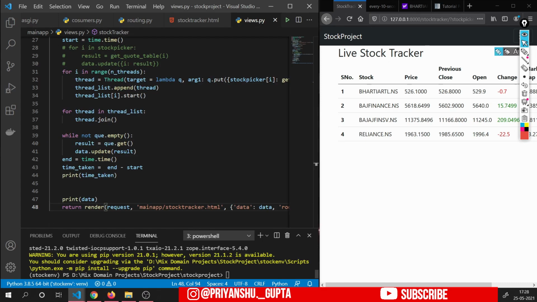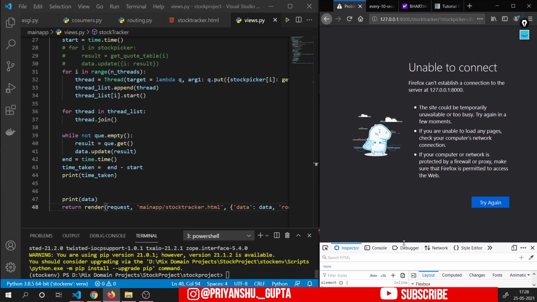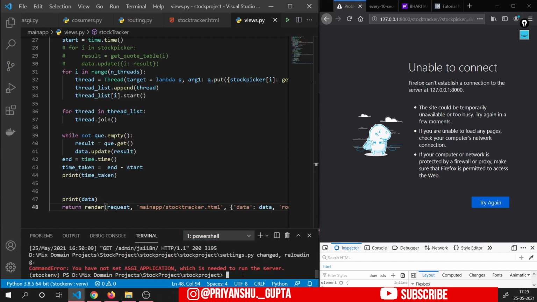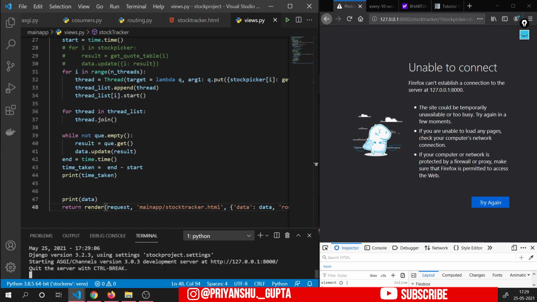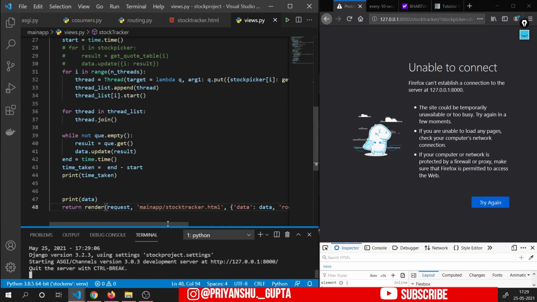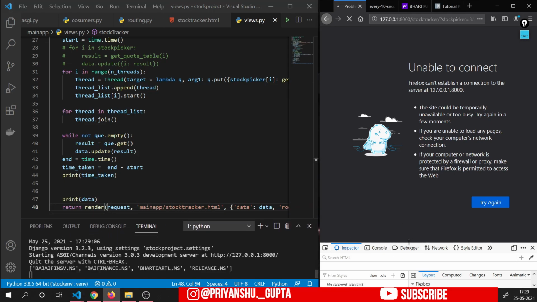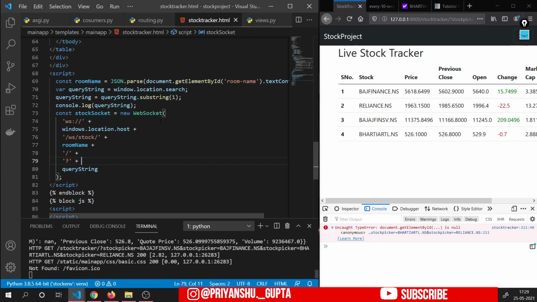And now if I refresh this page here and inspect element, okay, we will have to start the server here, and now you can see that instead of WSGI we have started the ASGI server, that is Daphne server, right? So now if I refresh this page in console, you can see that okay, so document.getElementById is null. If I open the stock tracker,